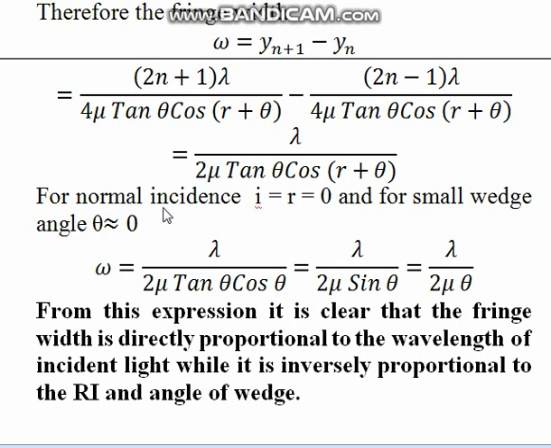The first consideration is normal incidence, which is a very essential condition for thin film interference, as we discussed in the earlier video lesson. So this is the condition, i plus r is equal to 0. Apply one more consideration, that the angle of inclination is very small, so it is almost 0. We put these conditions here, r is equal to 0, so it is cos theta tan theta, and solving it, twice mu sin theta. The angle theta is very small, so you may write it as lambda upon twice mu theta. Okay, so this is the final expression of the fringe width, omega is equal to lambda upon twice mu theta.